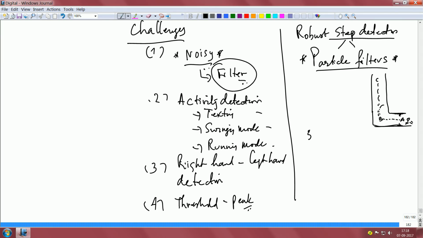Let me show you one classic problem. You are holding the phone and suddenly someone tells you that there is fire in the building. What happens? You start shivering, right. When you shiver, you are not moved, but step detection has actually happened. So phone shivering, okay. So I will say motion artifacts,